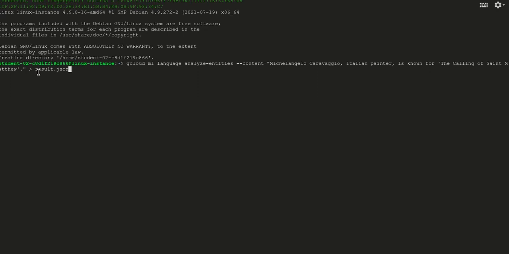And the output will be generated in JSON format, that is key-value format, because automatically it will call the REST API at the back end, and that particular REST API will return the output in JSON format. So we are using the output operator, the greater-than symbol, and storing the output in JSON format, result.json. If I press enter, it will call the API and do everything, and now the result is stored. If I do ls, I could see result.json.